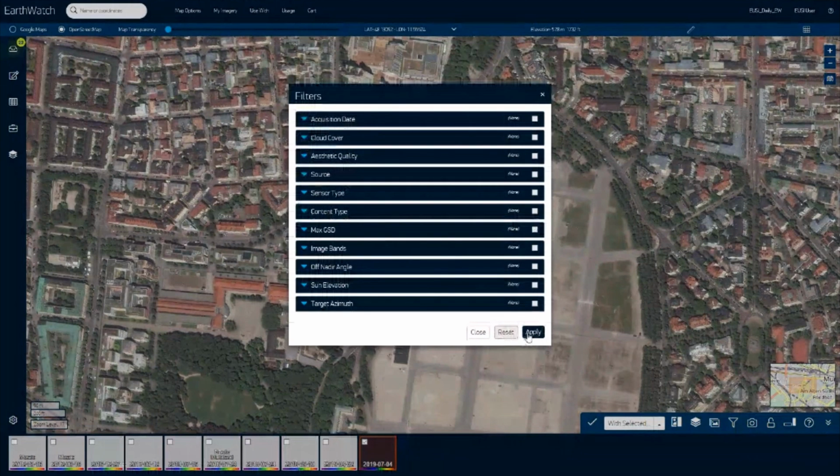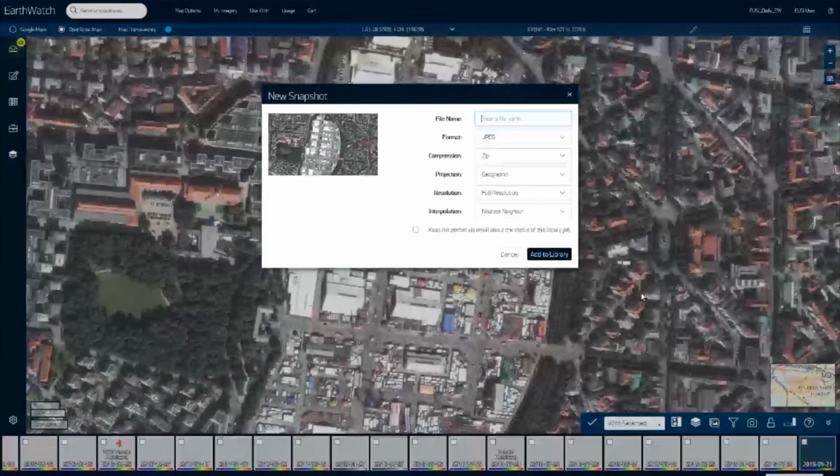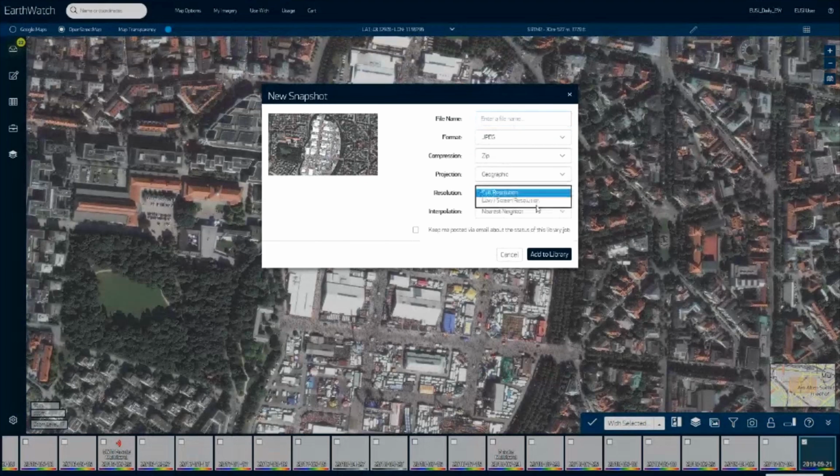So one more tool before giving the floor to my colleague Tobias. The snapshot here is quite convenient. It's taking a snapshot of the current view. What is interesting is that compared to the tool you might use with your operating system, in that case, you are able to take the snapshot at image resolution instead of screen resolution. Actually, you have the choice here. You can select full resolution or screen resolution. So if you want to be sure to have the best quality while taking a snapshot, then be sure that here you're on full resolution.